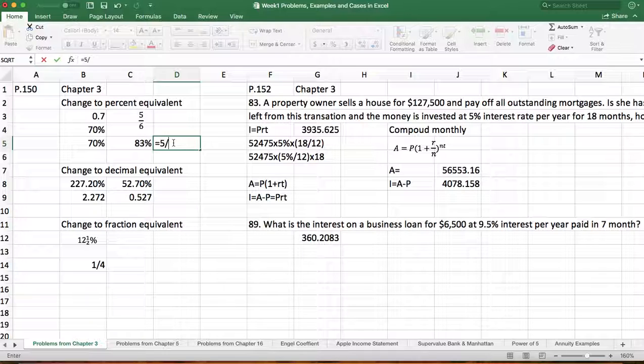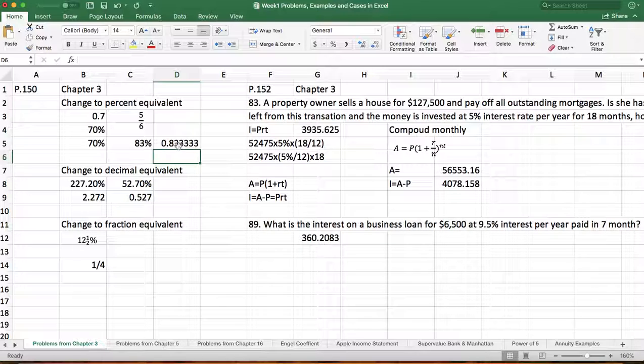This is the division sign in Excel. 6, then type return. You got this one, but this is not a percentage. You just choose it and click on the percent sign. Now you got a percent. If you want 1 decimal point, 2. Okay,